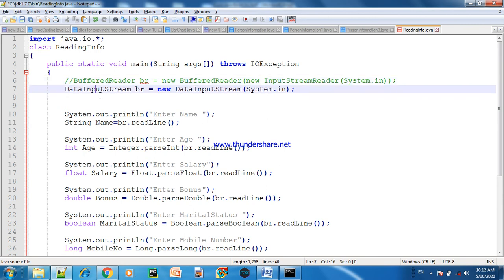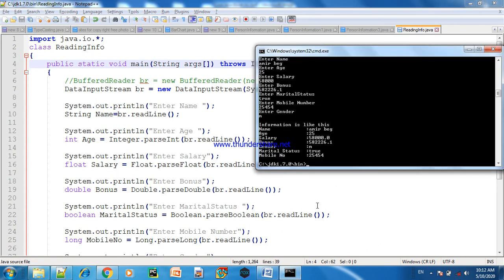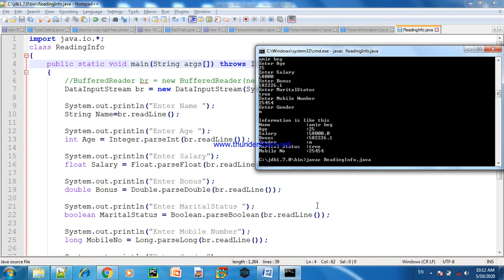It is also a class to read data from the user, and all these things will remain the same. It also generates an error, so throws IOException will remain enclosed in our program. Again we will save this program. After every change we have to save the program. Again we will compile javac reading info.